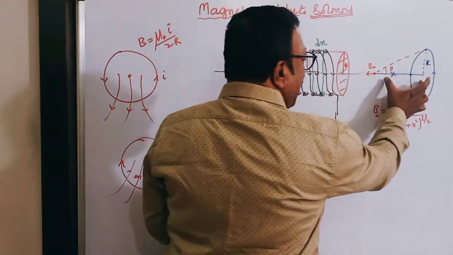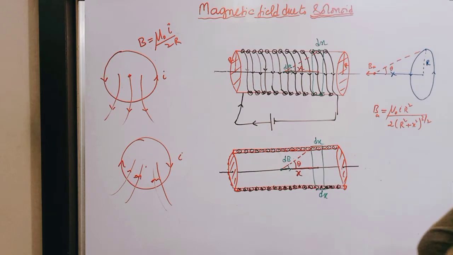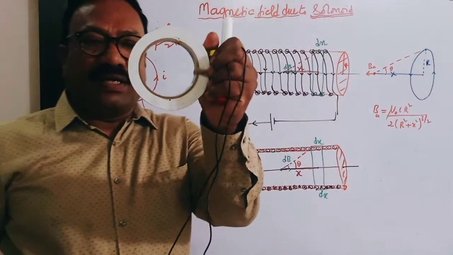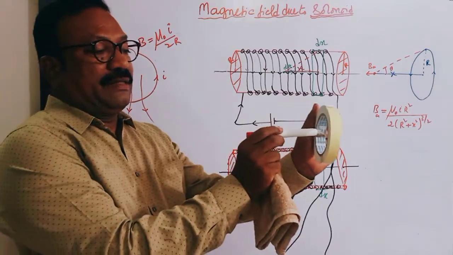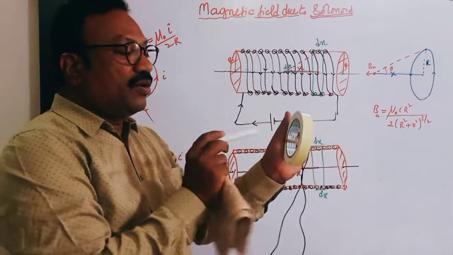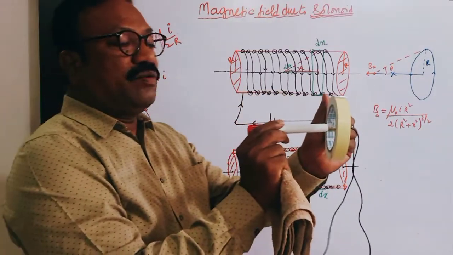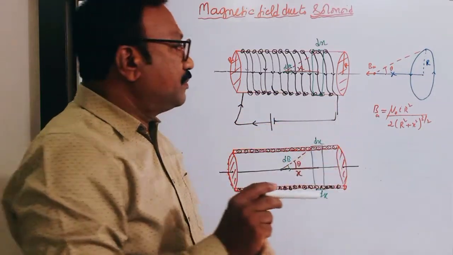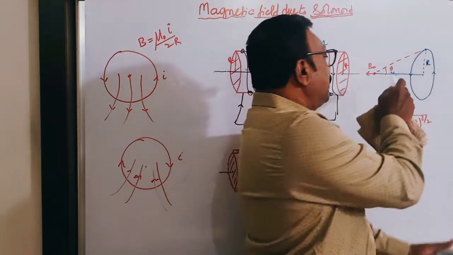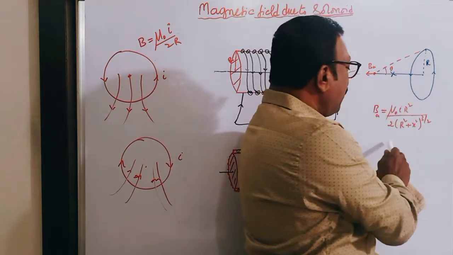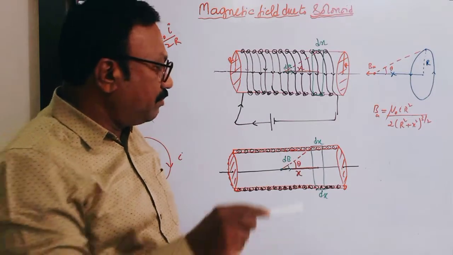Now, this magnetic field is at the center, you are saying. But if you want the magnetic field on the axis, say for example, this is a circular conductor having current. I want the magnetic field on the axis here, not at the center. This is at the center. So on the axis, I want the magnetic field. Then, if this is a circular conductor, on the axis at a distance x, the magnetic field is given by this relation. This I have already done in a previous lecture.